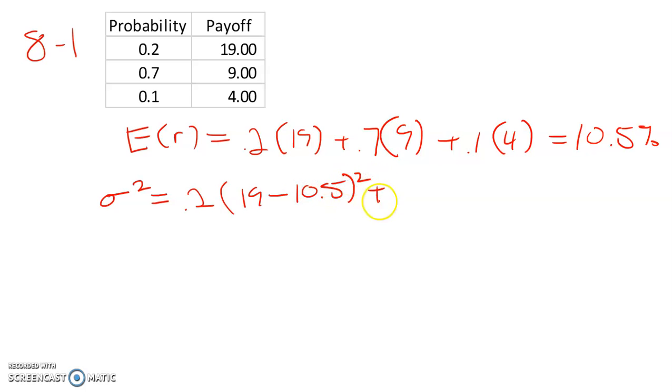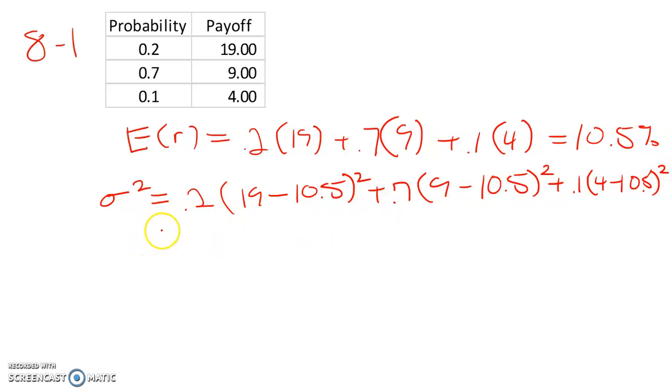We square that, and 0.7 times 9 minus the expected return, 10.5, square it, plus 0.1 times 4 minus 10.5, whoops, left out the decimal there, squared. Multiply all that out and add it up, and you should get